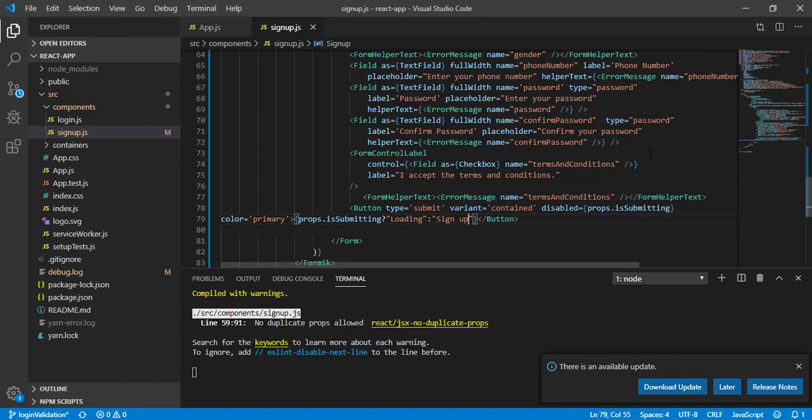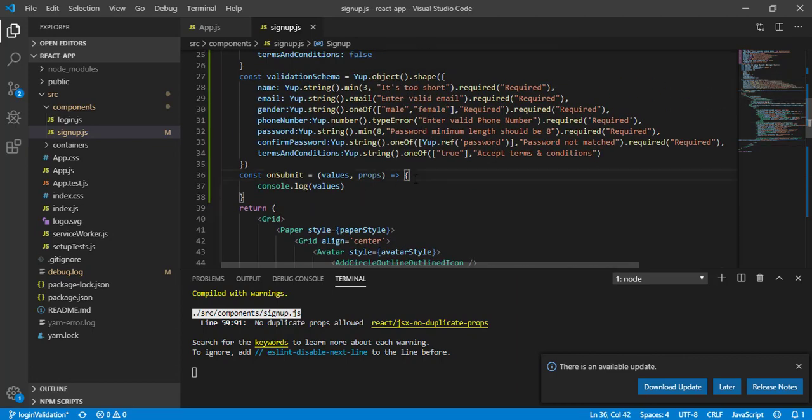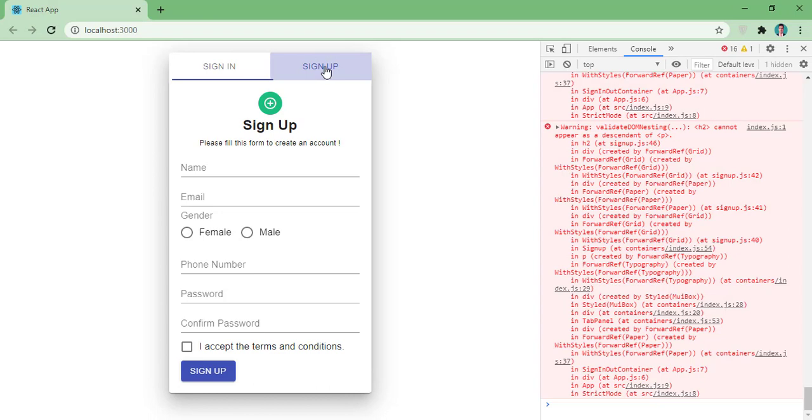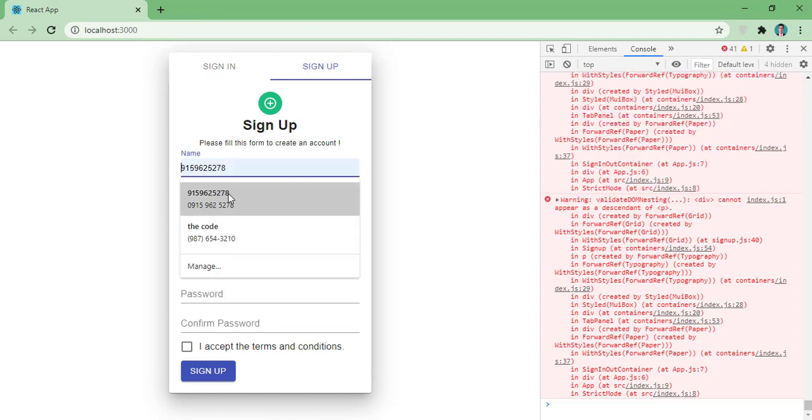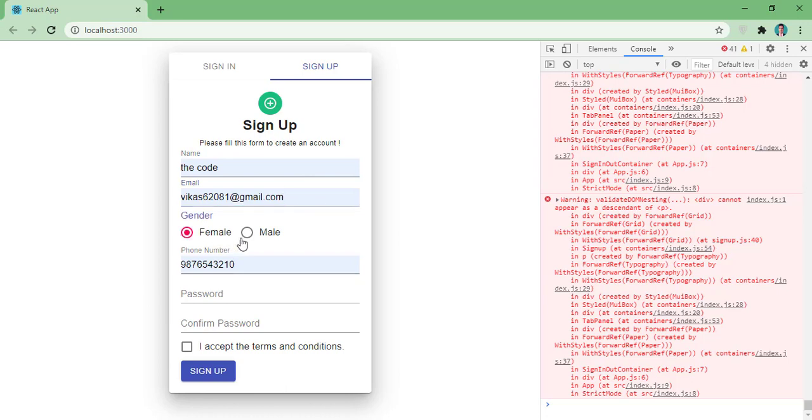Now let's come to the top, on the form submission, and here we will reset the value. Let's come here and provide all the values.